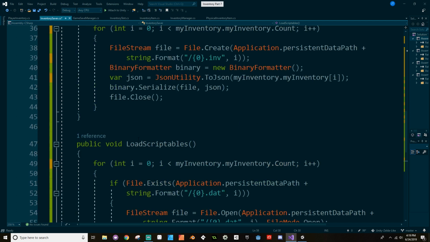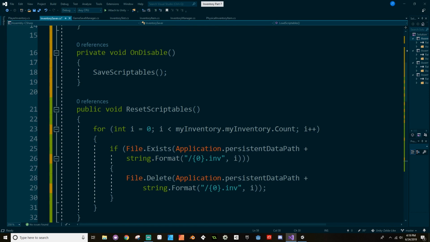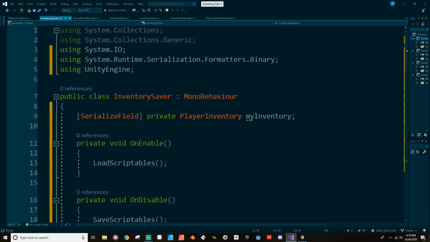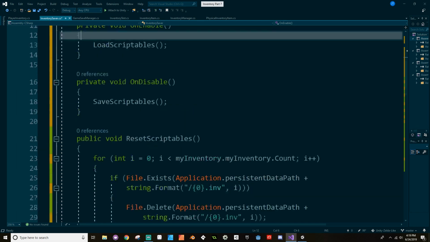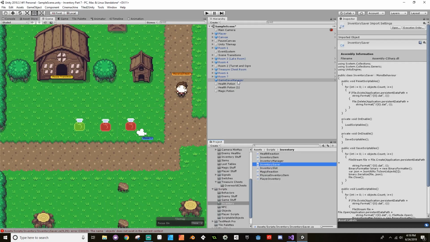Now we're actually going to be changing the way that the save and the load scriptables work. Instead of using a for loop, we're going to use something called a while loop, which I don't know if we've used yet on this tutorial system or not. Anyway, the idea is when the player starts the game, so when this inventory saver object becomes enabled, we want to load all of the things into the inventory. The problem is, though, if we're just loading things into the inventory, that list, so like, let's actually go back here,